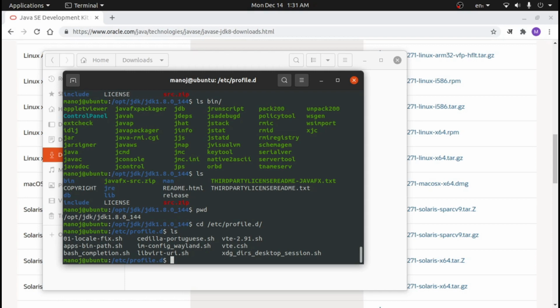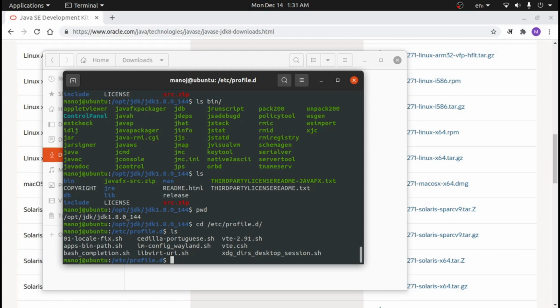So we create a new script file here and put our path in this file, and every time we log in or boot up our system, those variables are available for us.